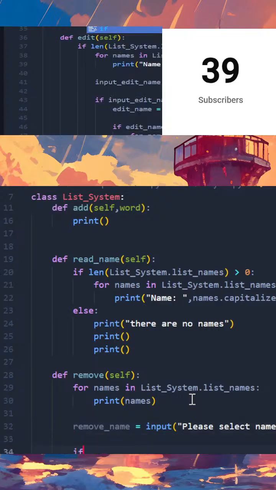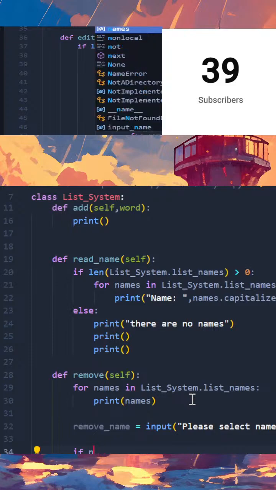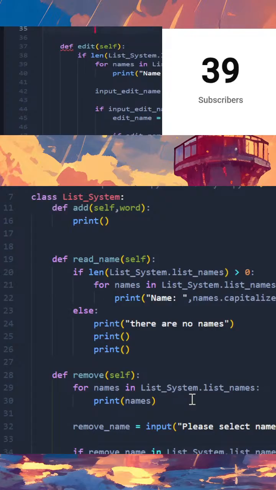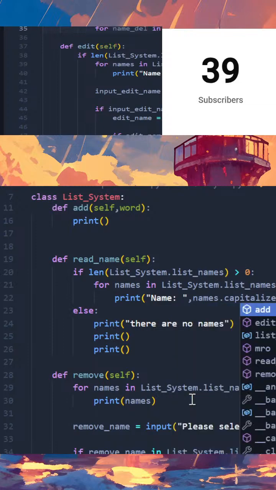So if names, if remove names is in list system names and parentheses, and we're gonna for loop it. So for name del in list system list names